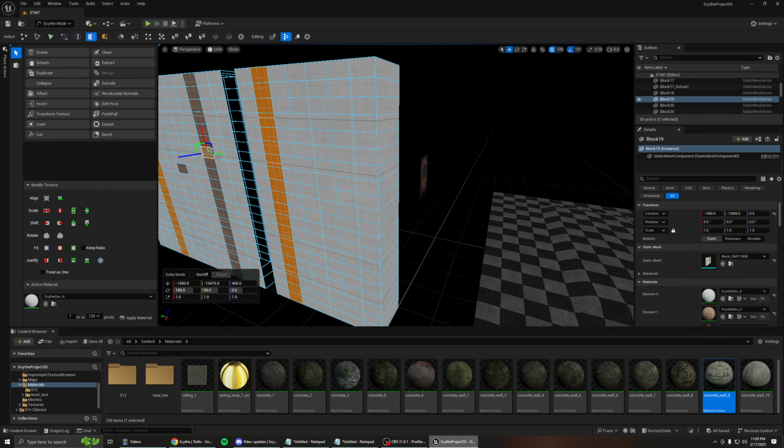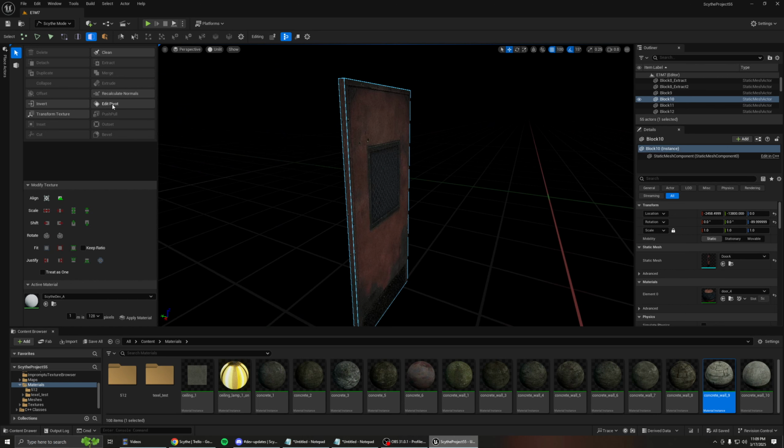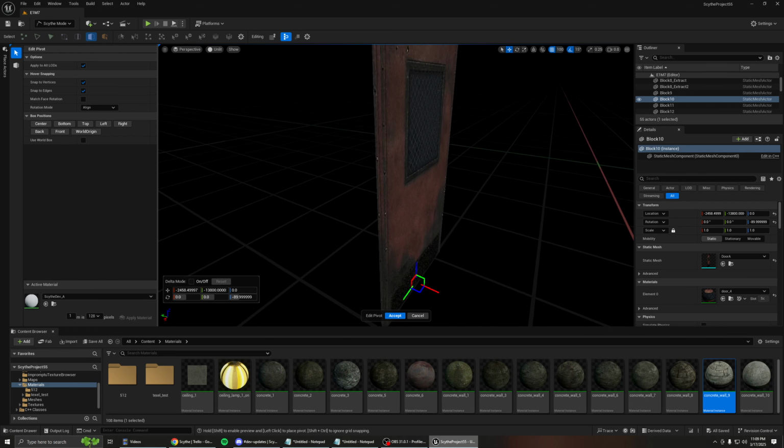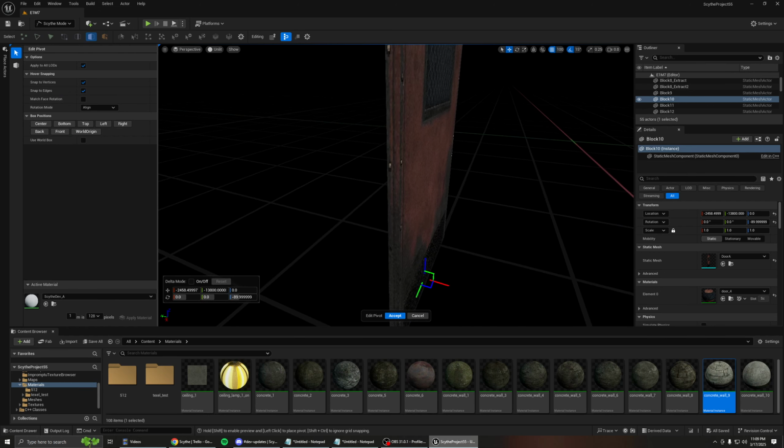That's it for the double click for now. I got edit pivot finally. A lot of people were really excited for this one. So go into the edit pivot tool, and then